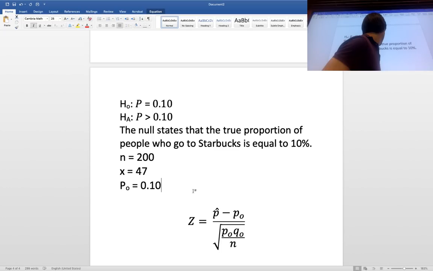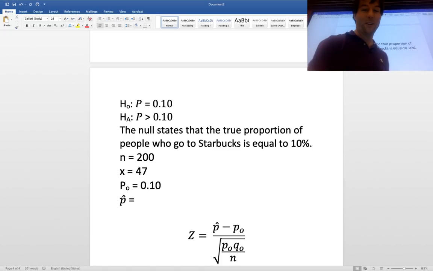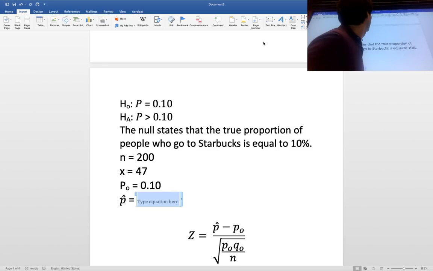Wrong button. Oh, what was the question? Oh, awesome. Thank you very much. P hat equals x over n. So I'll try to do it in my head, and you guys tell me if I'm right. It should be 23.5 or 0.235? 0.235, good stuff. So let's put over here x over n,